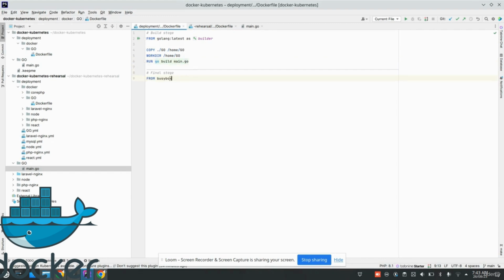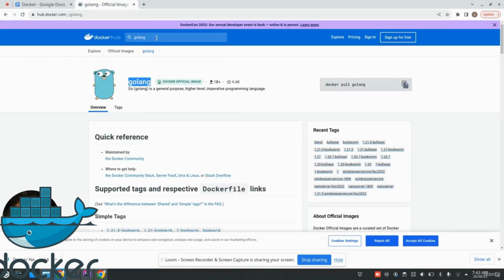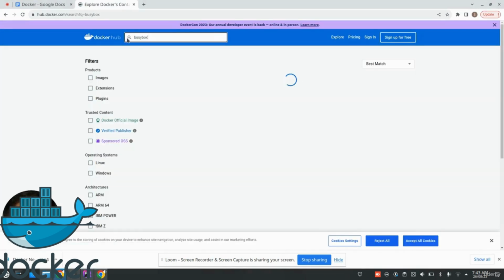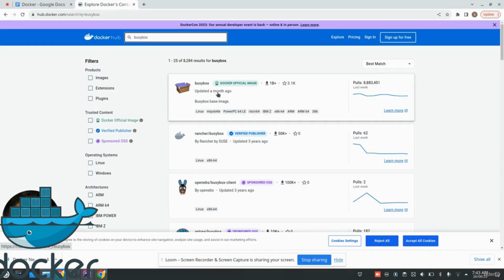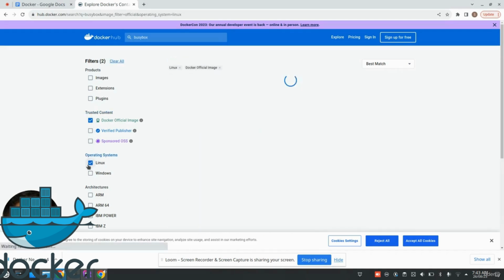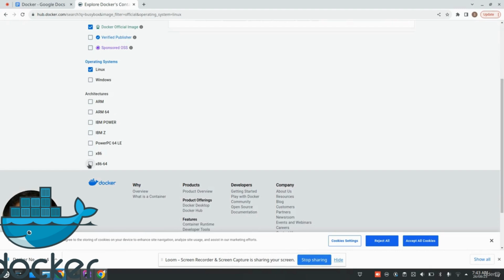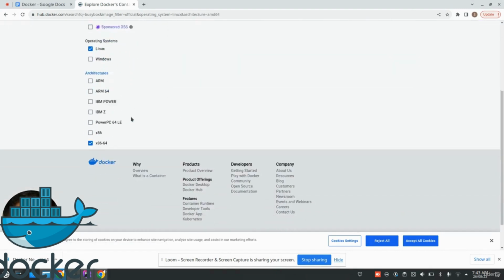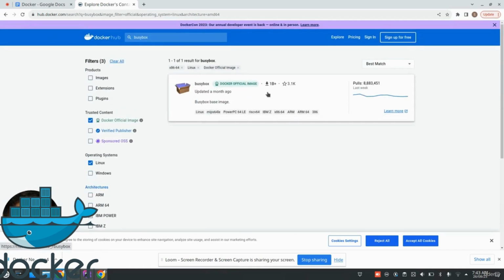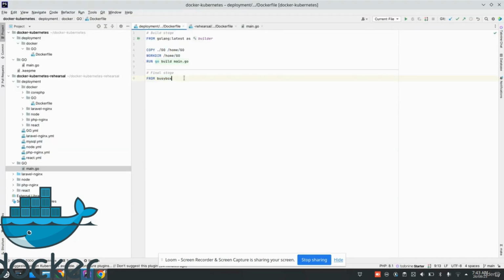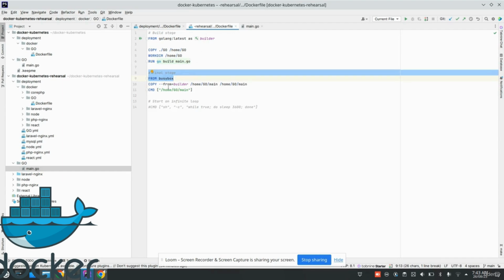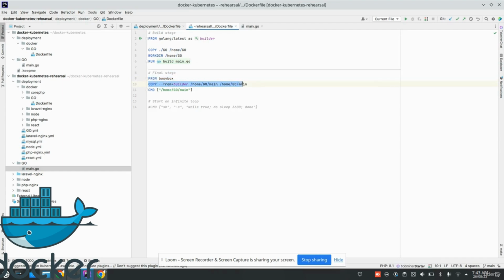In this stage, we have used the image called busybox. You can also find this image from over here. This is the busybox image, and I'm just verifying that it is suitable for my architecture, right? This busybox is nothing but a lightweight Linux image. So from busybox, then what I will do is